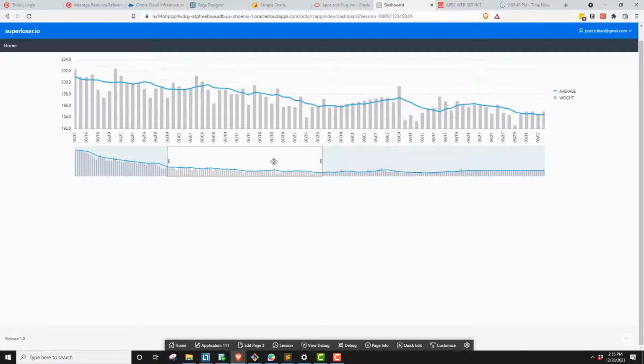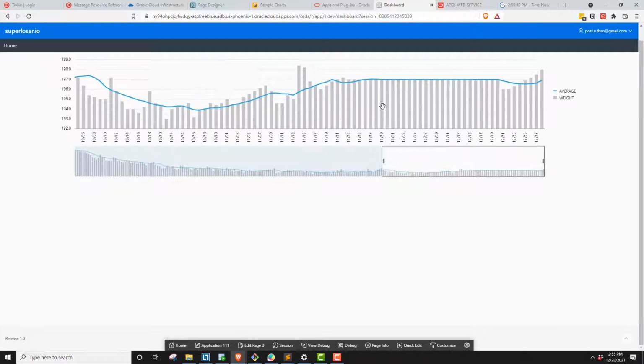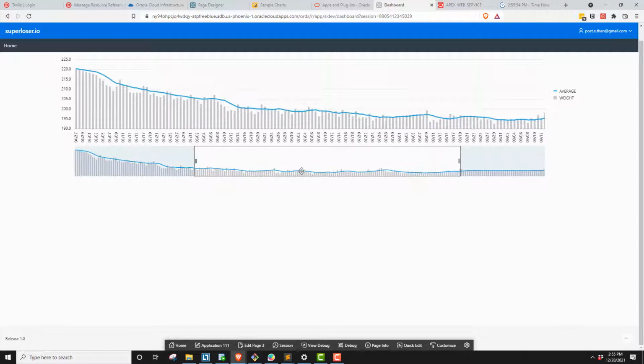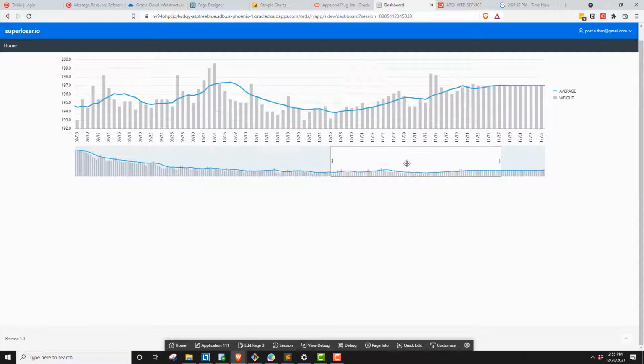There are a lot of options for these charts. This is just a combination chart. It shows a line chart and a bar chart, and you can use the scroll wheel to zoom in and out. And so what I need to do is also start testing this on an iPad or on my phone